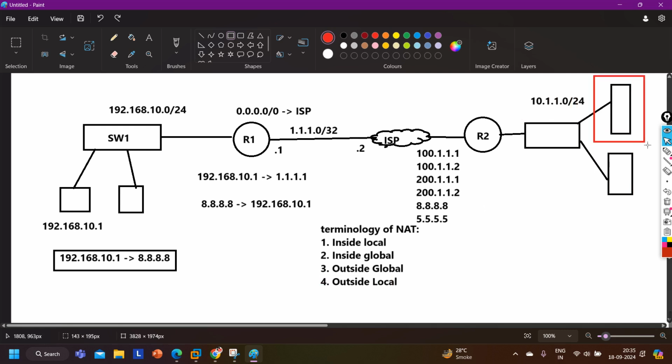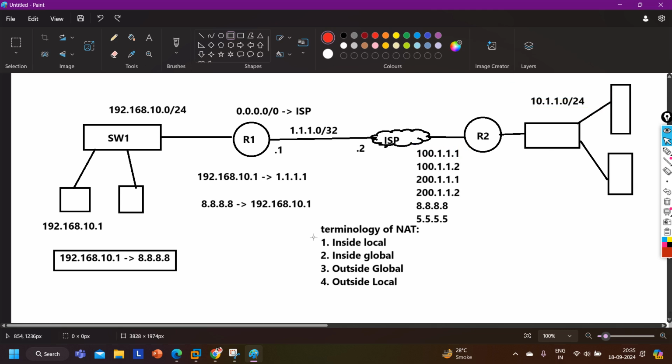So to access the server of Google, I cannot access it with the private IP address which Google is using. I can access the Google server with the help of the public IP address. And in that scenario, one-to-one NAT is required.